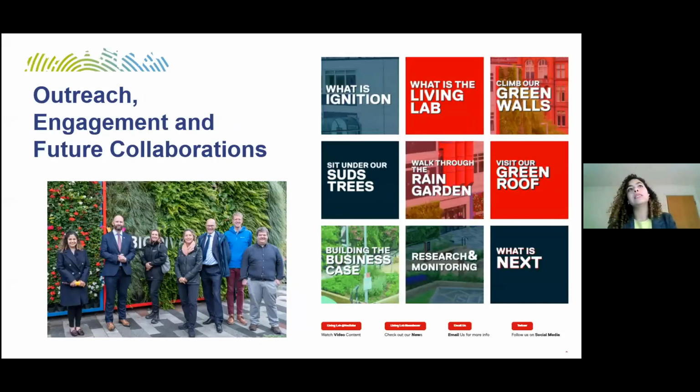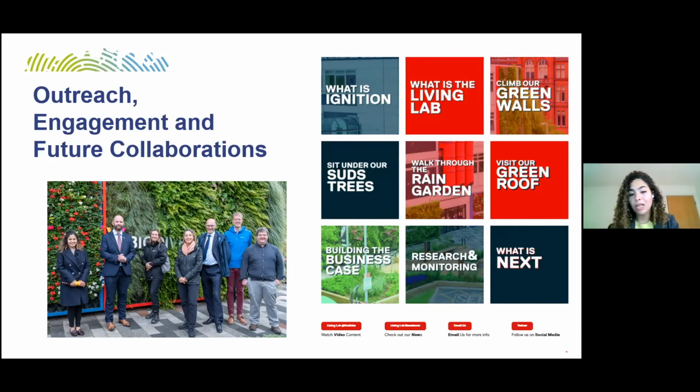Last but not least, now that we are done with the construction of the living lab, we do have a huge engagement plan, and that is done with our engagement partners in BITC and through the other partners definitely as well, making sure that we convey whatever is happening, that we convey all the data and all the work that has been done as an example, as a precedent that can be taken forward to other sites.